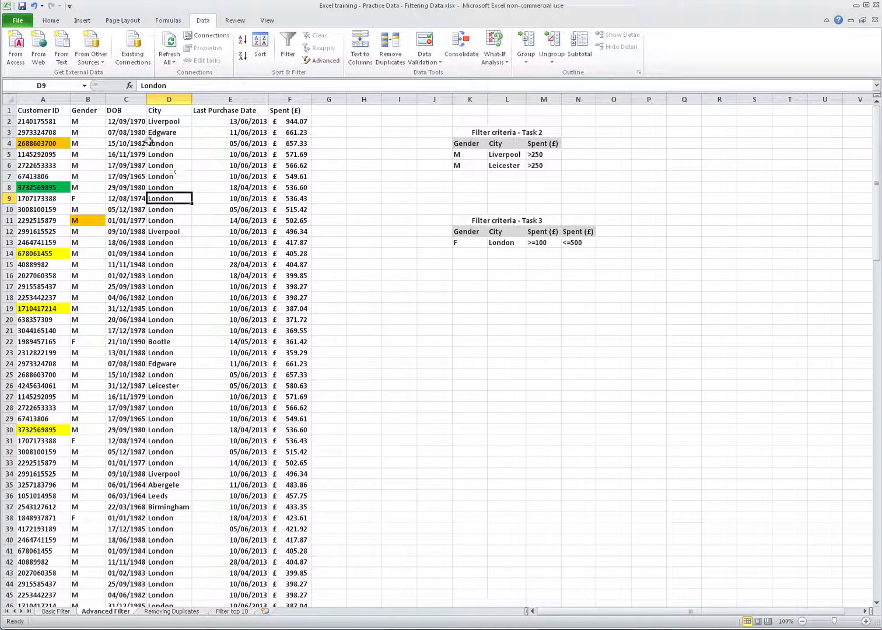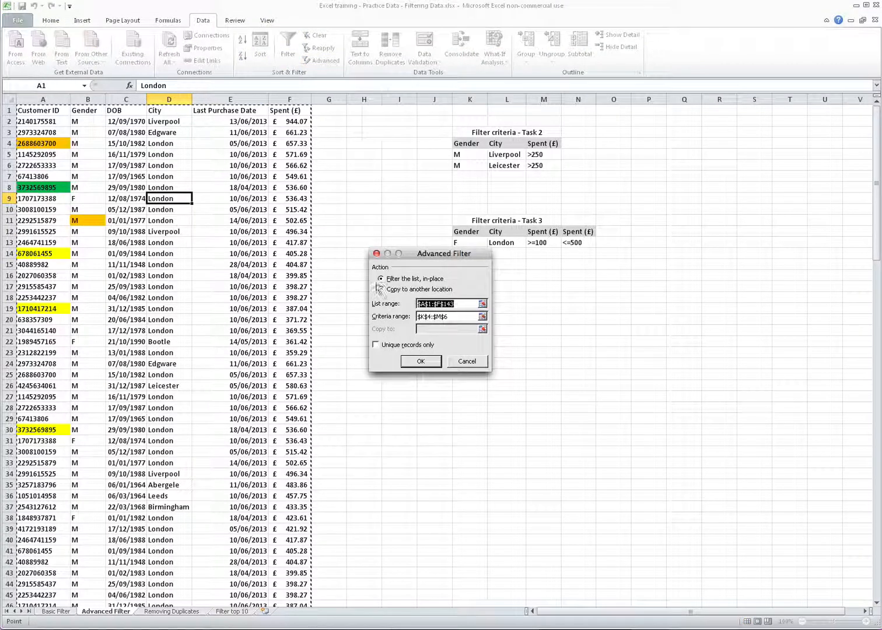Make sure that you are somewhere within the table range. Click Advanced. Automatically this is picking up the range of the entire table. Now I've got the option here to move my results onto another location if I wanted, but let's keep it just here. And criteria range, that's an important bit. My criteria is within this range, K4 to M6, and as you can see, because I've already used that before, I've got it here. I just click OK,